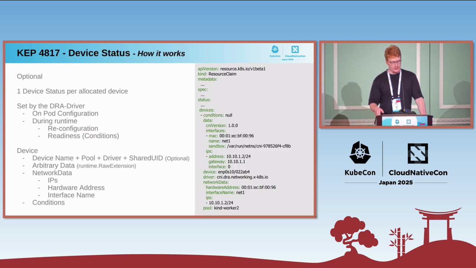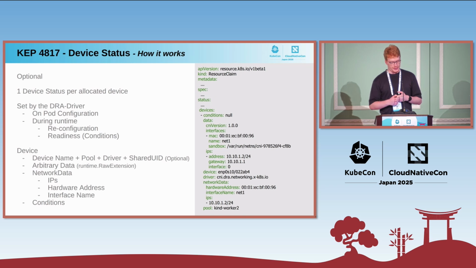So these use cases have been enabled by KEP 4817, which has been released in Kubernetes 1.32 and is now in beta. A new field has been added in resource claim status to provide the information about the allocated devices. The new field is resource claim status devices.